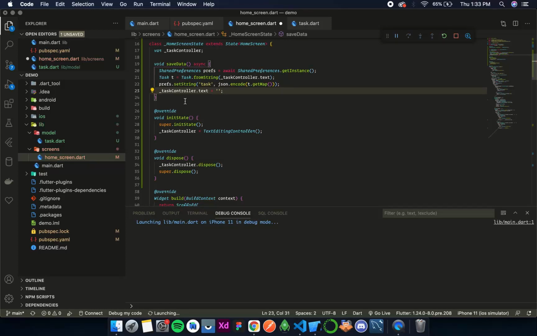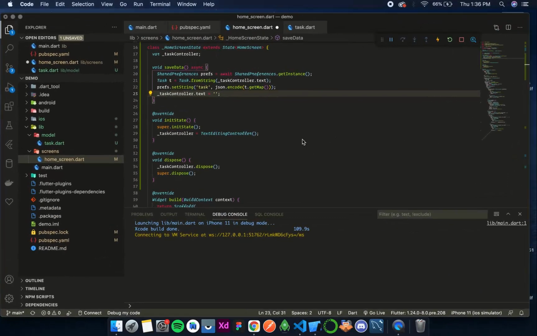So now if you would remember, this underscore before any variable name makes the variable private. Okay, and if we don't give an underscore, then by default it is public. So that was another thing that we have discussed in the starting of this series. Now let's wait for the build to finish and then let's see.